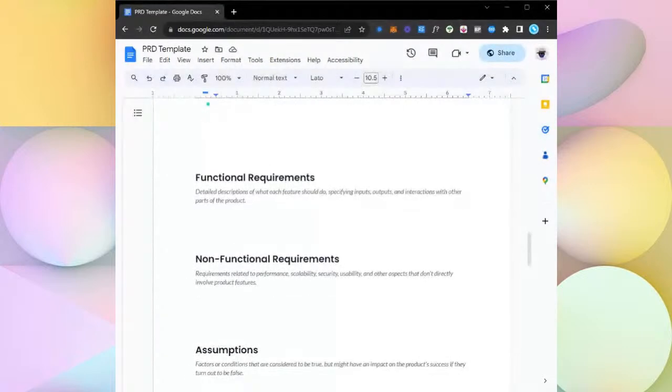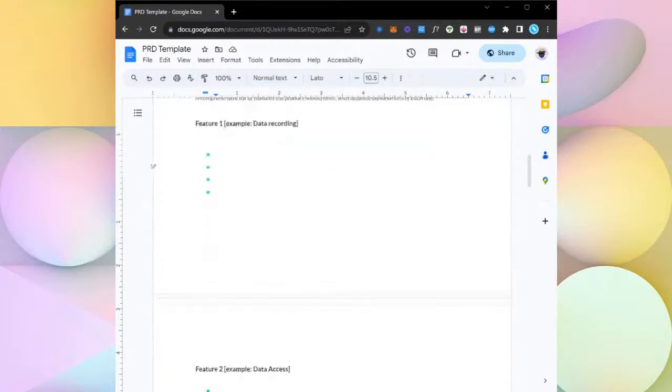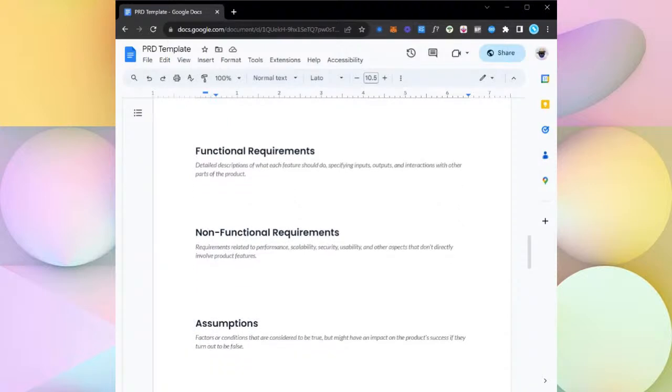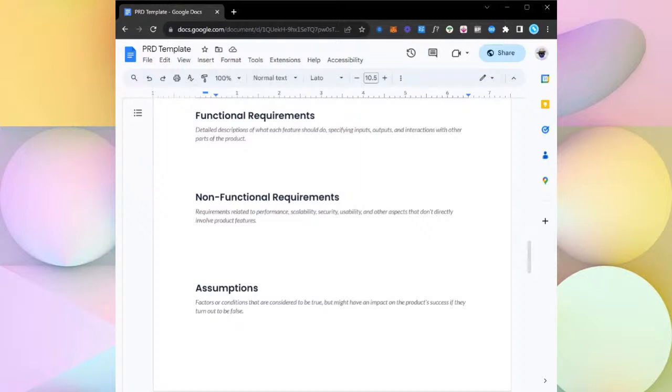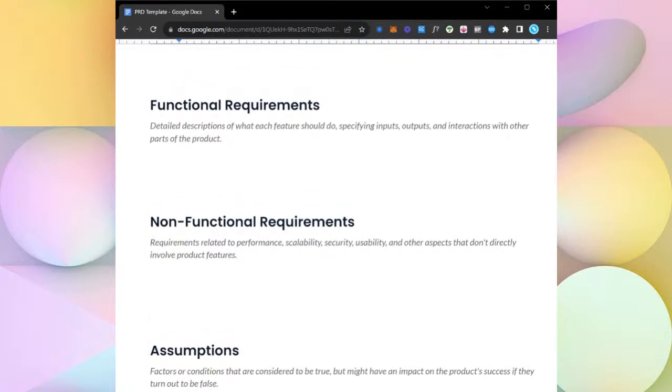So functional requirements is basically describing what each feature should do. You take the feature and break it down. The same thing as here, where we had the target users and this breaks the target users down further, here we have features, and this breaks the features down further, showing the different aspects that need to be in the feature for it to function. Then we also have other requirements that are not necessarily functional. Not functional basically means they are not directly connected to the feature or the product, but they are also very important for the product to succeed. I'm going to zoom in a little bit so you can see this part. Here it has the detailed description of each feature,